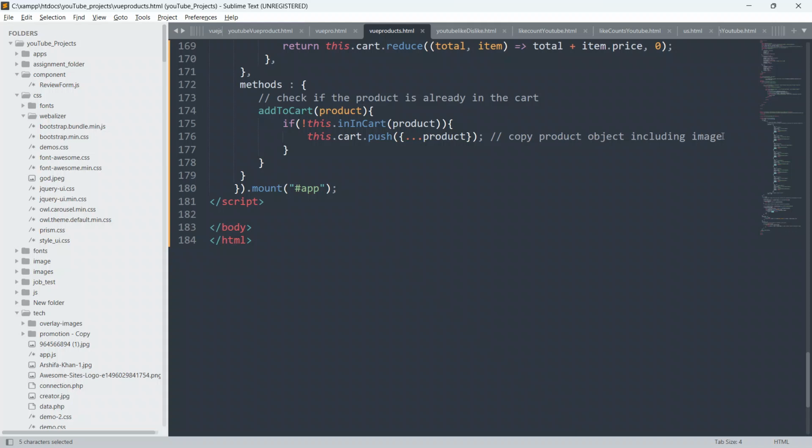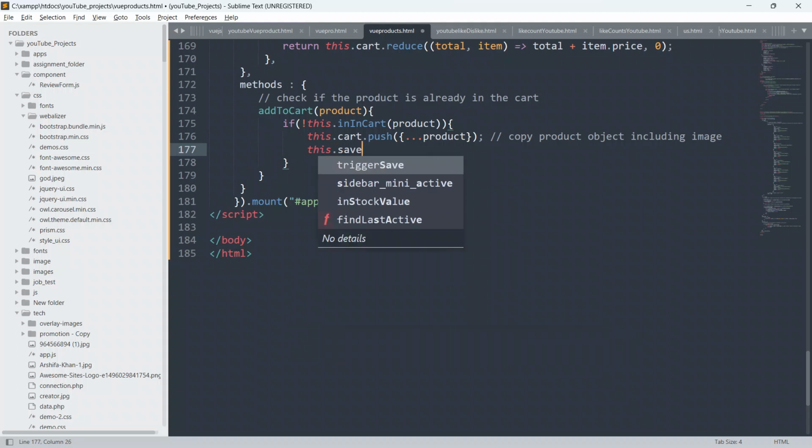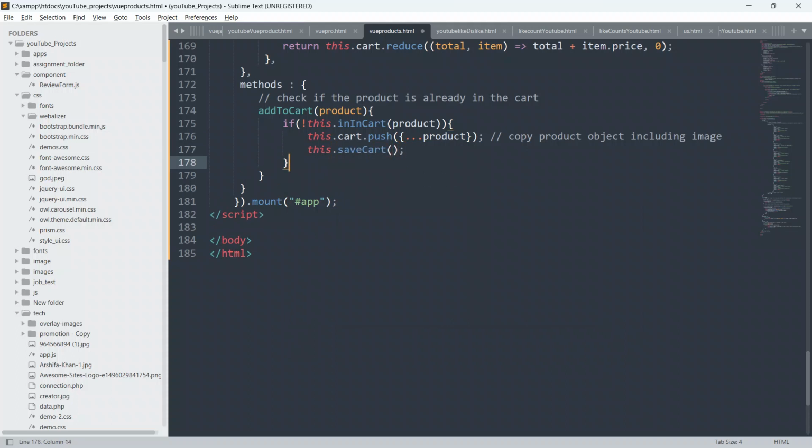So now I will say this dot save cart, and close this. Else we will do else.